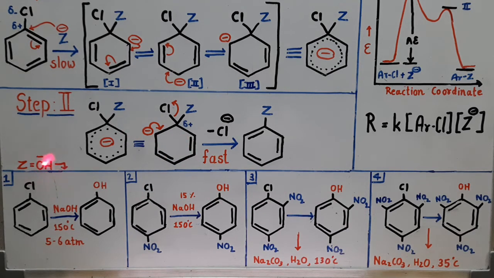These are some examples of this mechanism. Here the nucleophile is OH-. As I have stated earlier, there must be an electron withdrawing group present on the ring. Here you can see, in the absence of any electron withdrawing group, conversion of chlorobenzene to phenol requires harsh reaction conditions. While in the second example, where the electron withdrawing group NO2 is available at the para position, reaction conditions become comparatively milder. By increasing the number of NO2 groups at ortho and para positions, in examples 3 and 4, we can see the change in the reaction parameters. Now no NaOH is required and a water molecule is enough to generate the nucleophile, that is OH-.